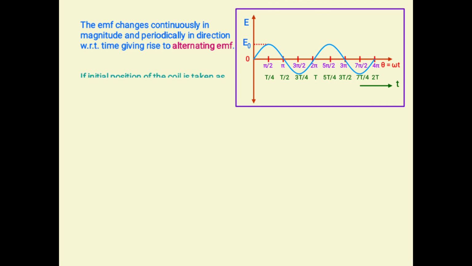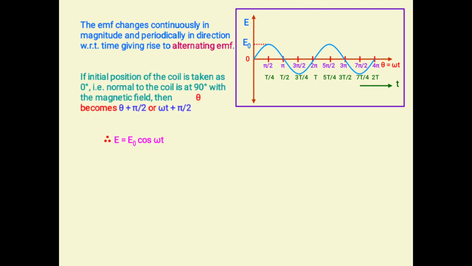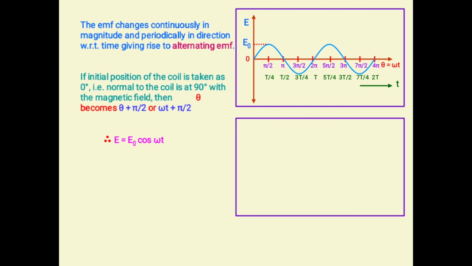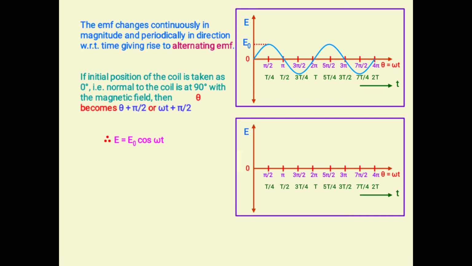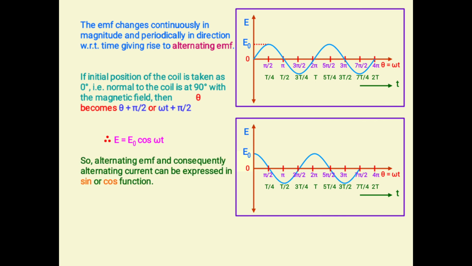The graphical representation can be shown in this. When initially the flux is 0, it is like a sine wave, and if the area vector of the coil is at right angles, we have maximum flux, and the function becomes a cosine function, and you can understand it by this graph. If it is varying as E equals E naught cos omega t, it is the second graph, and if it is E naught sin omega t, it is the first one. And this method of inducing EMF is definitely the basic principle of the generator.